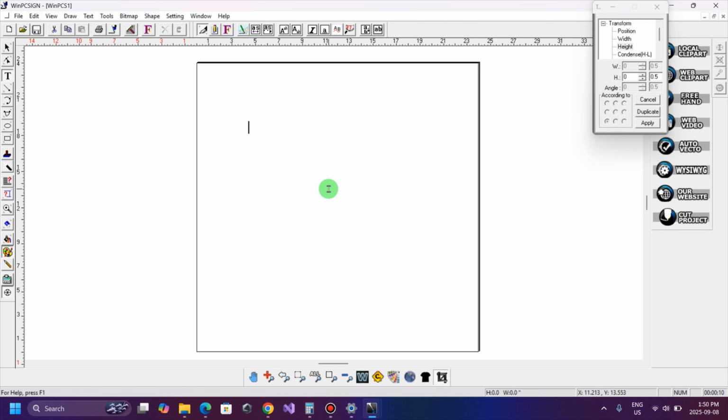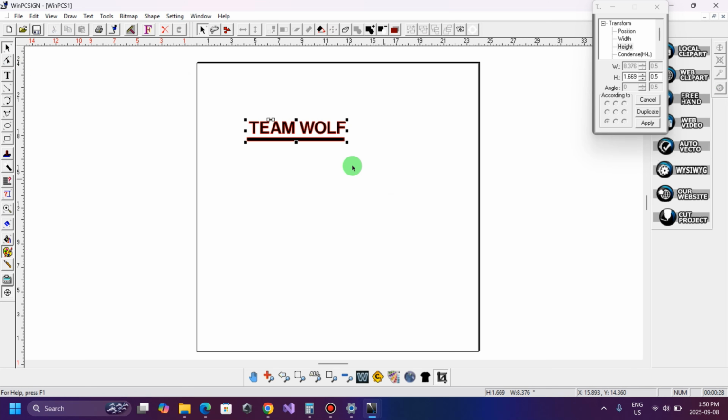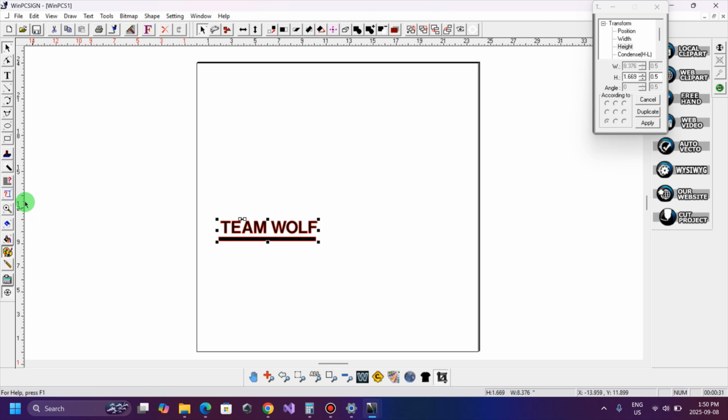Here, I'm going to go on my text, theme, wolf, and I'm also able to use simple shapes like a rectangle here, and do the selection function to move everything inside my page and do the alignment function. This is the master menu, and the master menu will open all the associated functions with it. And here I'm just going to do the center alignment, and also I'm going to open my color palette